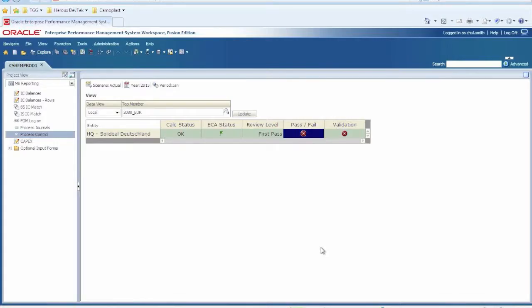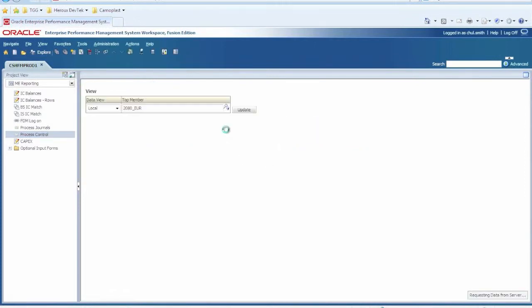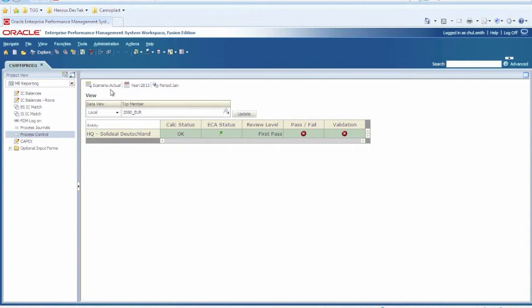Process control. This is where you'll come to do a few things, but most importantly, it will be the final step in your submission process. To get here, there's a task list item called process control, and you simply click on it. The first thing you want to do is ensure that your point of view is correct, and what you're going